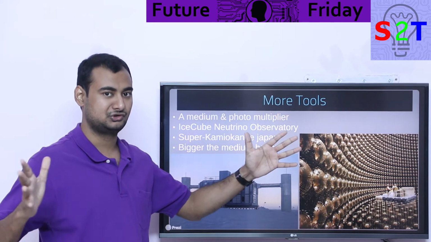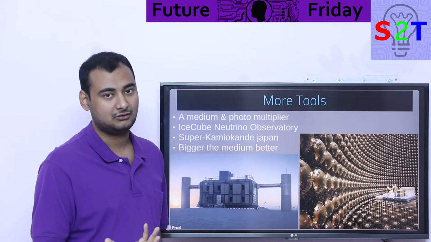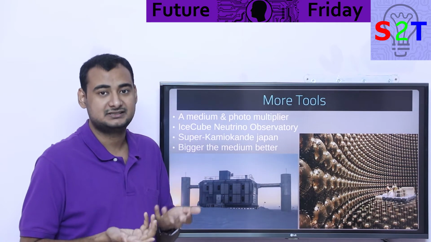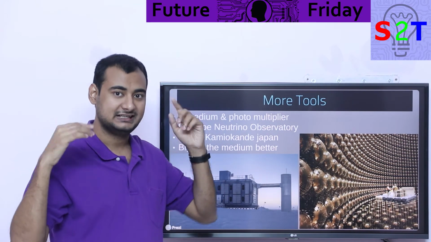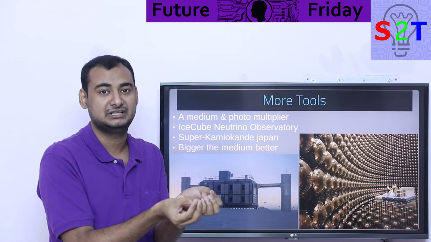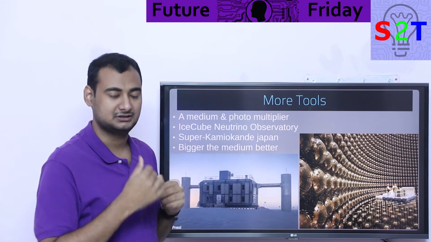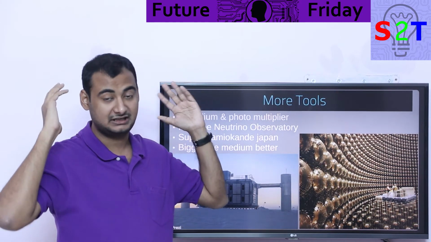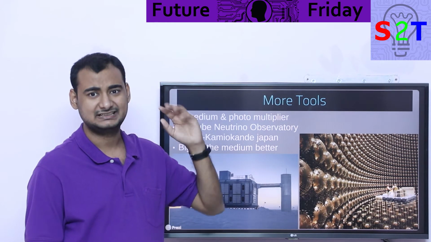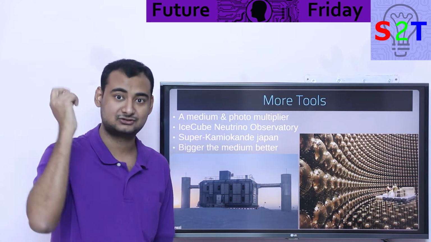You want a huge medium. Then, whenever that radiation is created, it's in the optical spectrum, so you need photon multipliers. Why do you need that? Well, when you are dealing with a universal source, they are not producing gigatons of neutrinos, and it's not like a point source. When you are dealing with nuclear fusion, it's a human-made thing. It's small, it's generating every neutrino out there. But if you are dealing with a black hole that is generating neutrinos in its accretion disk, that's very spread out. So you only get one or two interactions in the best case scenario when it's throwing billions of them.